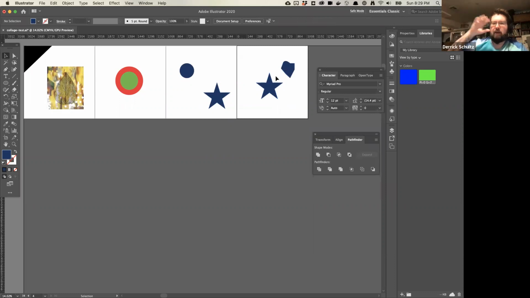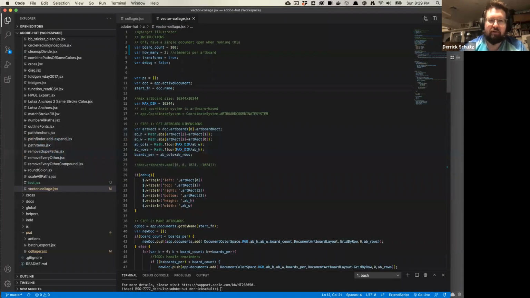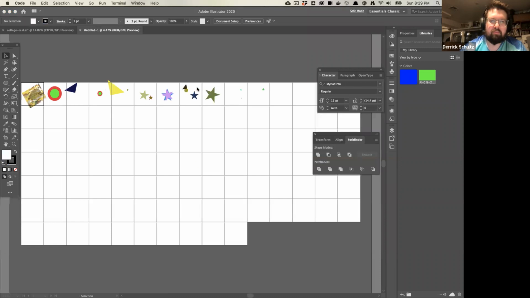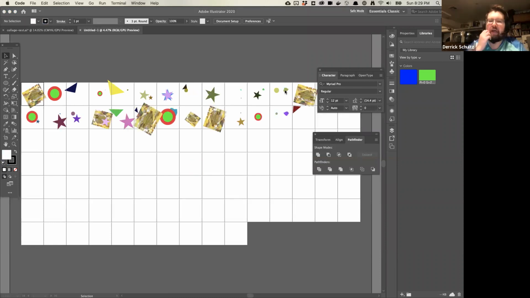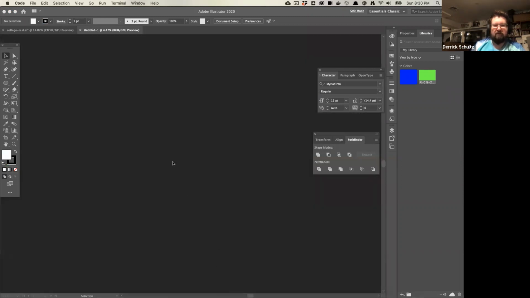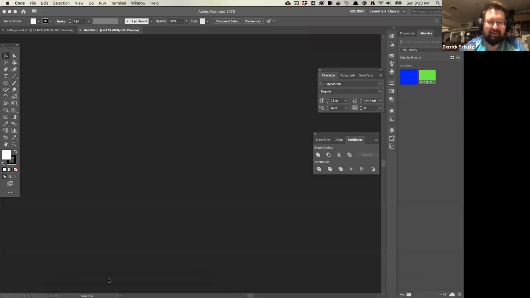It's meant to be extensible, right? So a lot of my code is written so that we can add new elements and it should still work. So if we do this, it'll just add those new elements into our setup. Did it? Yeah, it did. So if your base file has any number of other assets, you can do that. Now, I'm starting to see it get a little slow and janky here, and I'm not sure why. It might be an error. It's possible that it hits something it doesn't know how to work with. Here's the other thing about Illustrator scripting: sometimes it crashes. So save your files. The nice thing is you can just repeat it.